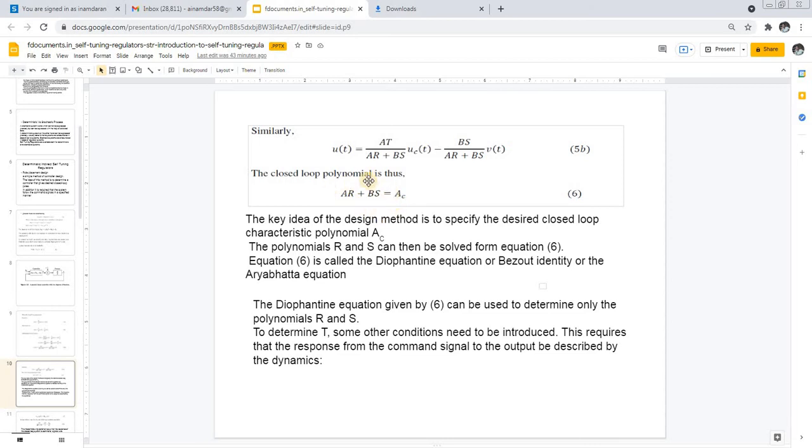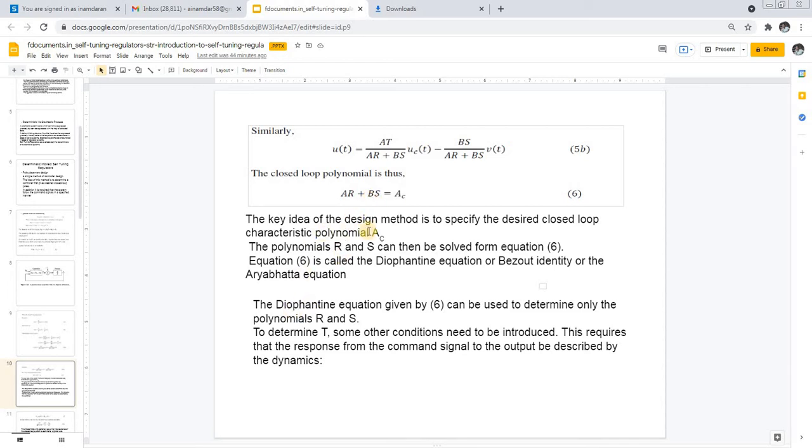I think you have learned this in digital control. This equation always has a solution if the polynomials a and b do not have any common factors. The solution can be poorly conditioned if the polynomials have factors that are very close. This solution can be obtained by introducing polynomials with unknown coefficients and solving the linear equations obtained.